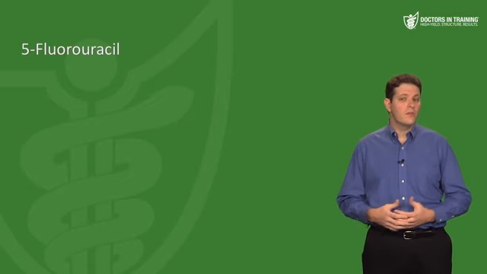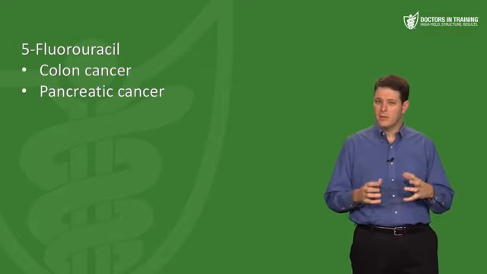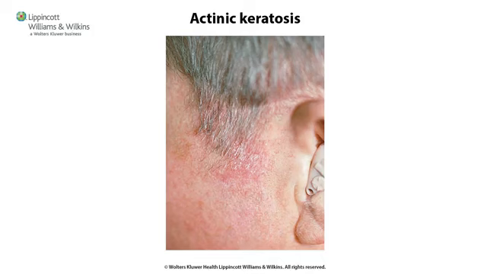So when do we use 5-FU? Well, we use it for colon cancer and pancreatic cancer, but the big places you're going to see it used are basal cell skin cancers and actinic keratosis. And we talked about how actinic keratosis is a pre-malignant skin lesion that can become squamous cell skin cancer. So to obliterate actinic keratosis, you're going to put on this topical 5-FU cream on the skin for a month or so, and you're going to kill off those actinic keratoses,